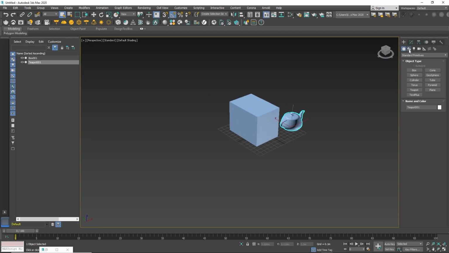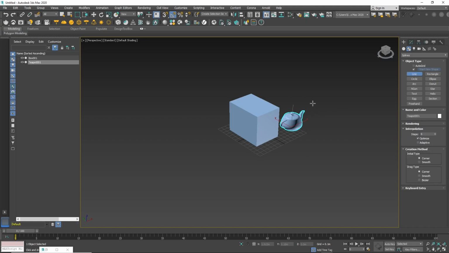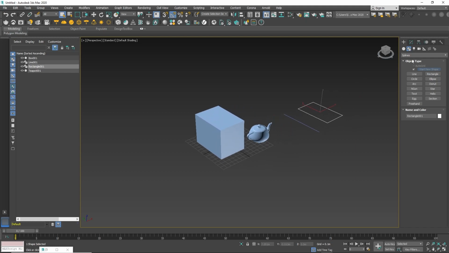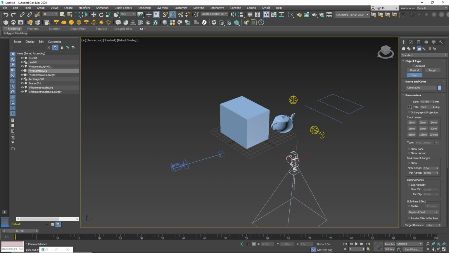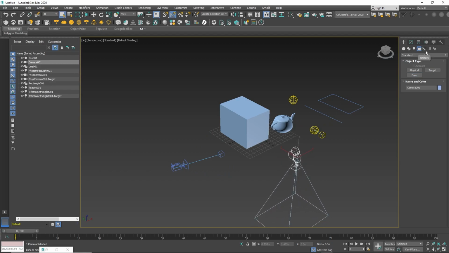To create a line, to create a light in the scene, camera, to create a camera, and if you want to measure your elements, you can use this helper button right here. Okay,